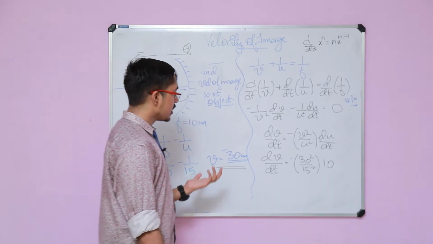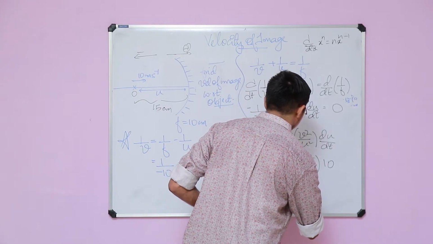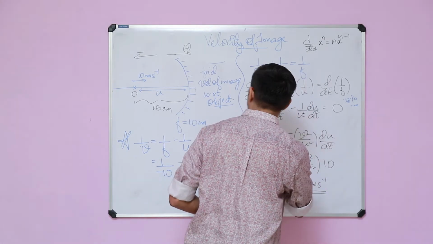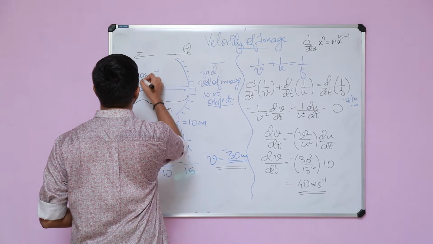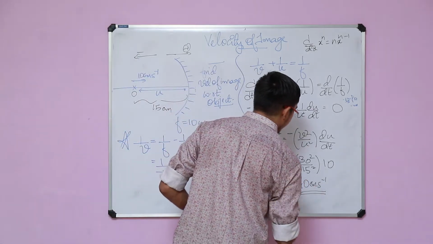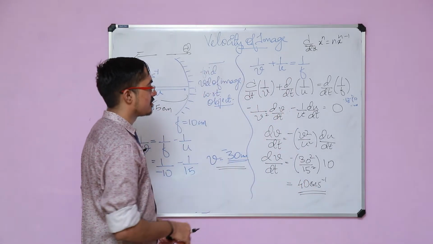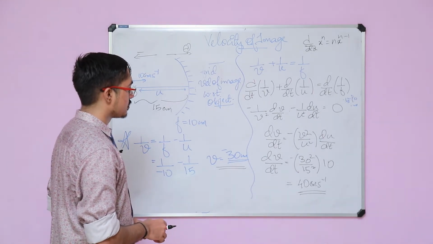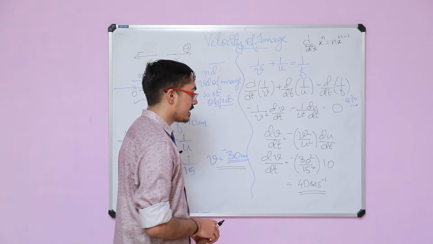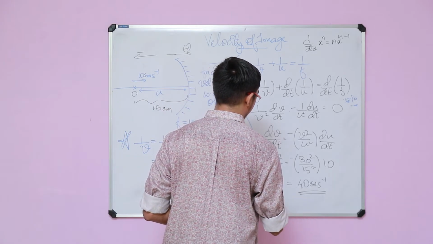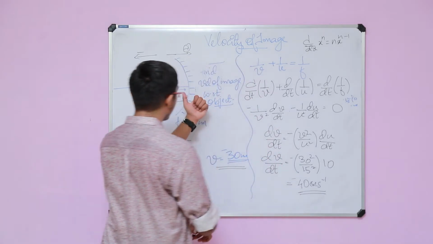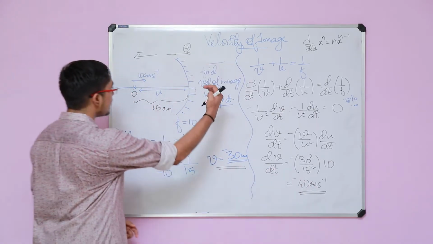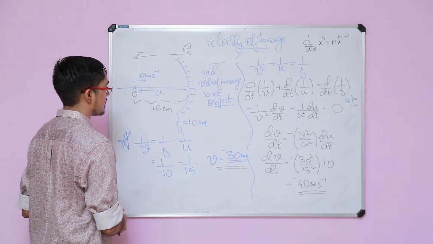So, if you solve this, you will get it as 40 meter per second. So, this was actually centimeter per second. That is how you will get the answer as 40 centimeter. Otherwise, the problem of the units will be arising over there. So, the answer for this question is actually minus 40 centimeter per second. That means it is moving in the opposite direction. The sign convention still holds true here. Since it is moving in the other direction, you will take it as negative as such, right?